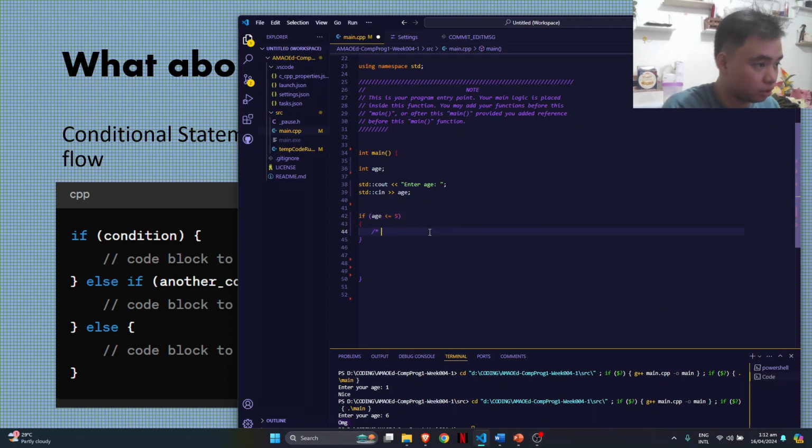Let's put in the code. If the age that the user inputs is less than or equal to 5, we're gonna say